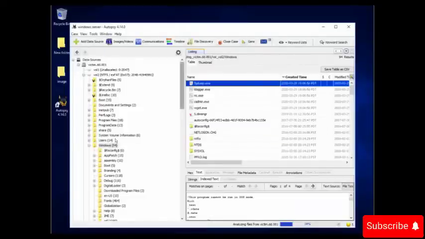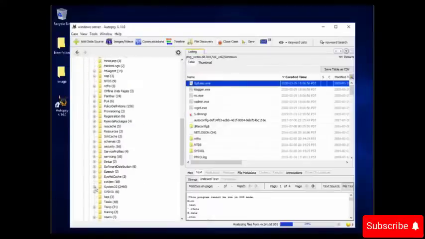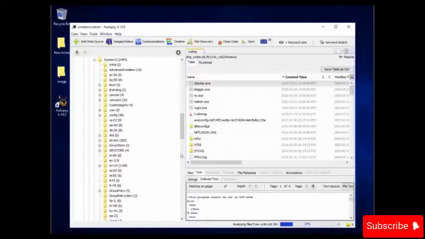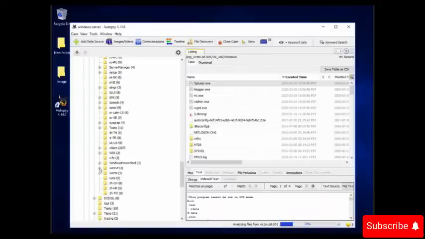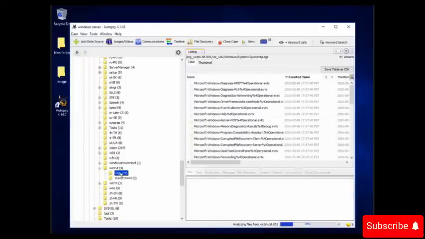Here in Windows and then System32, let me scroll down, expand it, and look for a folder called WinEVT. Okay, Windows event. Expand it and now click on logs. Now we will look for three important logs.